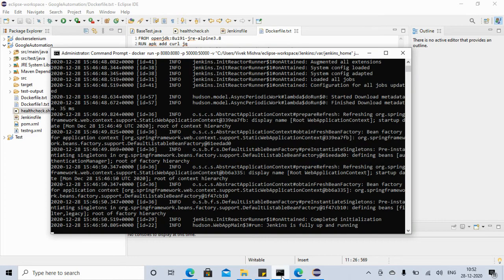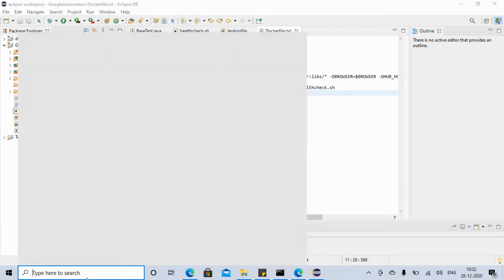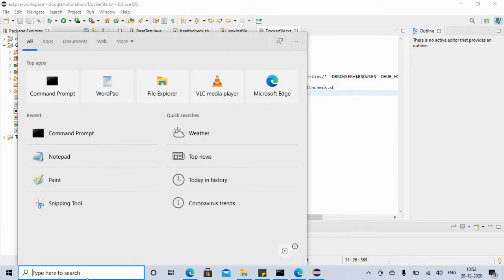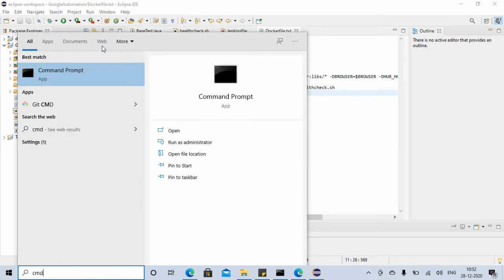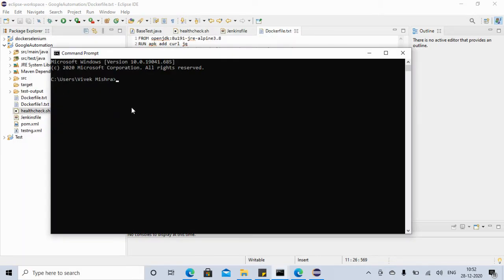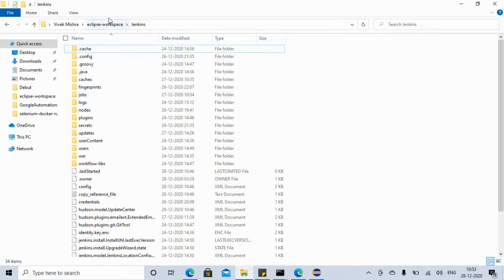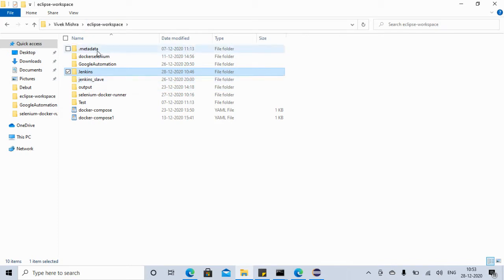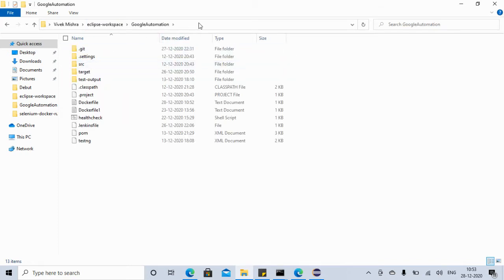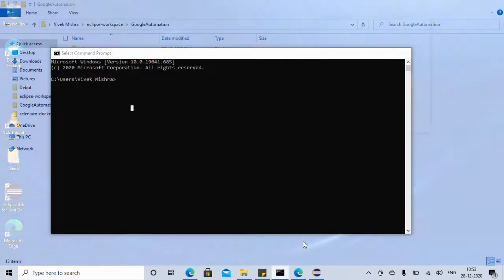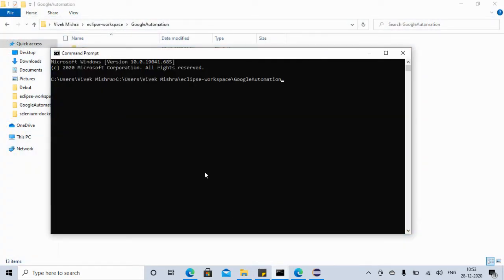Let me open the command prompt. Since you made the changes, you have to go to your project path. Your project path is Eclipse workspace Google Automation. So I have to go here, oh sorry, it is space like this.